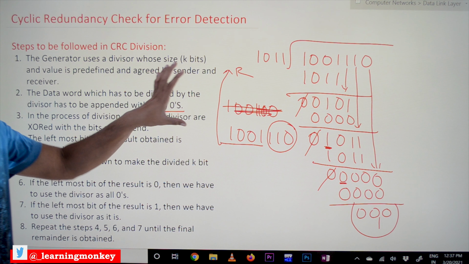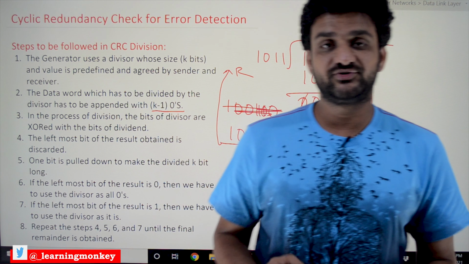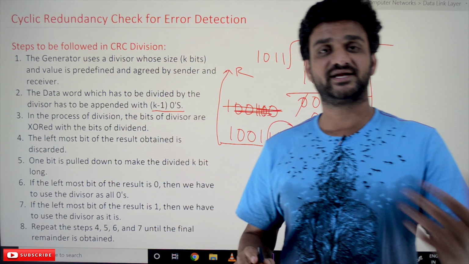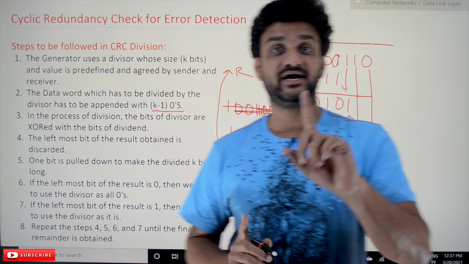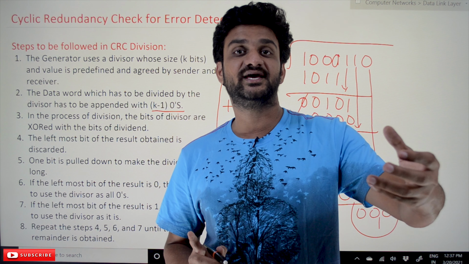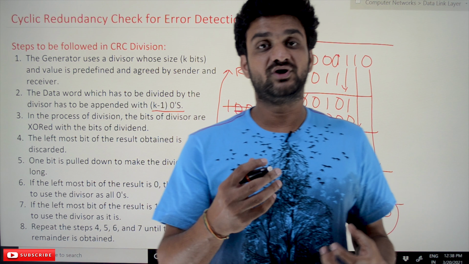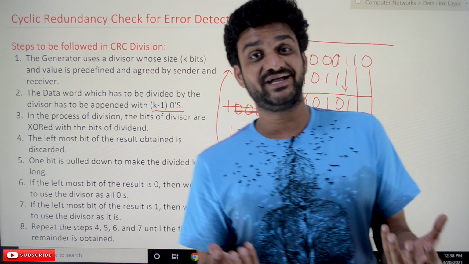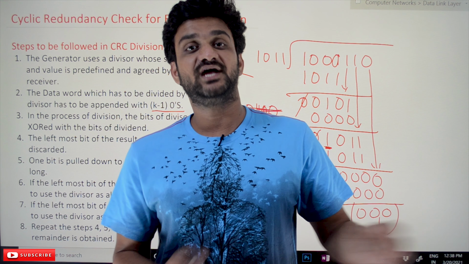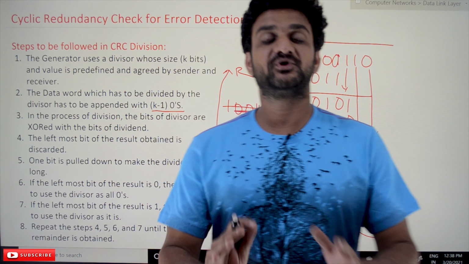Okay, so this is all about the cyclic redundancy check for error detection. Now you try to create an error: make any bit an error, since this is a 1-bit error detection technique. Make 1 bit an error and try to do the division again, and check whether you get 0 or not. If you get a remainder other than 0, it means that there are some errors in the transmission, and the entire data that has been transmitted will be discarded. Hope you got the clarity on this concept.